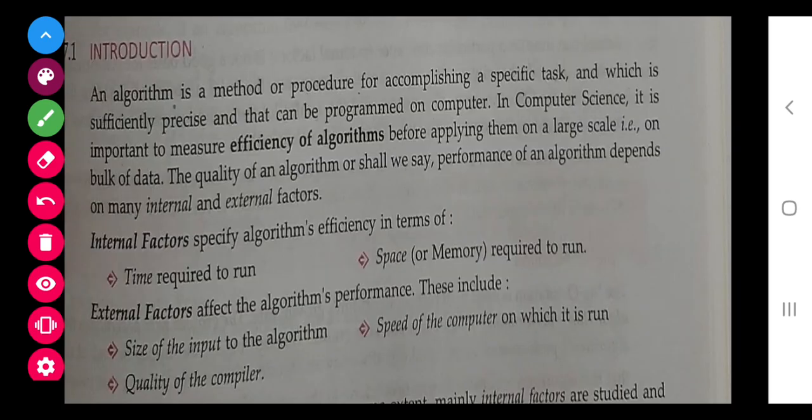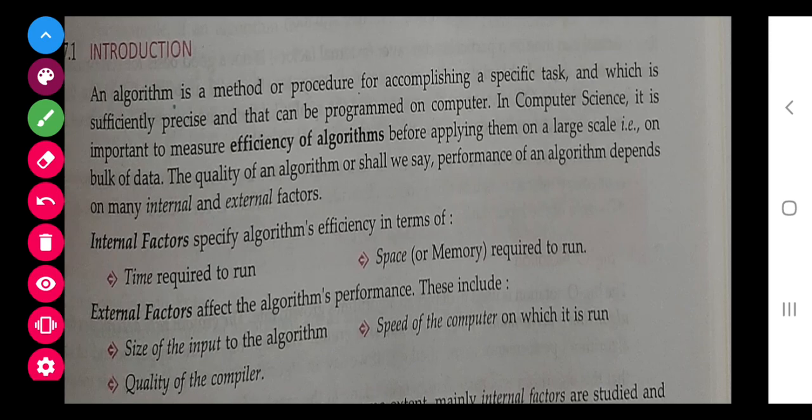So class, an algorithm, you all know, is a method or a procedure for accomplishing a task. Like I want to add two numbers. First of all, I have to decide there are two numbers a and b. a is equal to something, b is equal to something. Then I have to take another variable c, or without a variable I can print a plus b, or I can do c is equal to a plus b, then print c. So class, these are two different algorithms for the same program. That's the algorithm. We have to think about it, then we convert the same into a program.